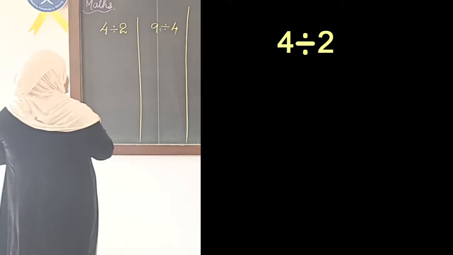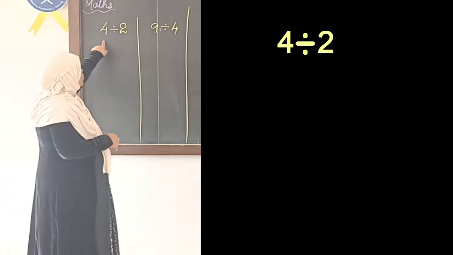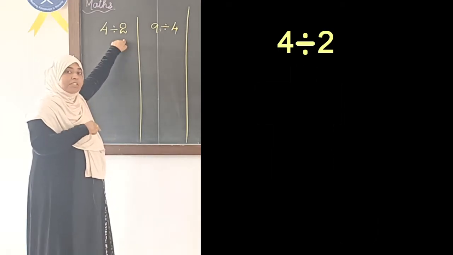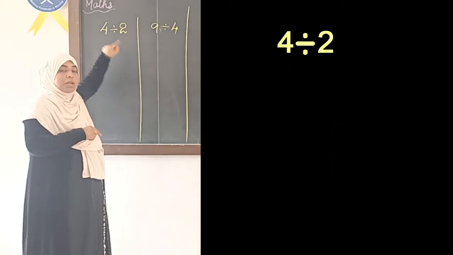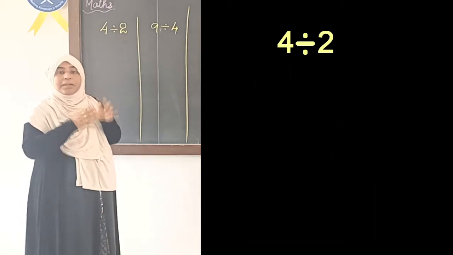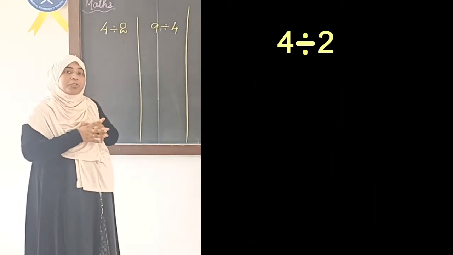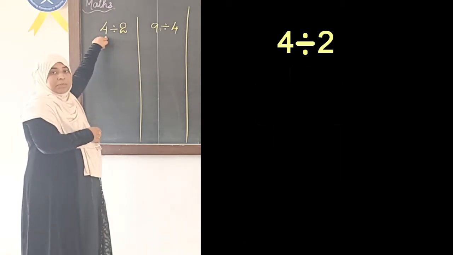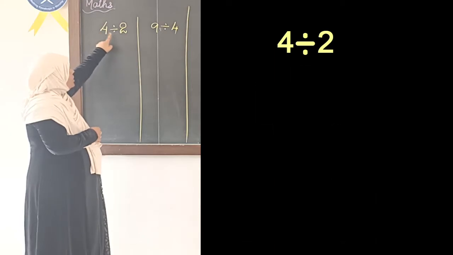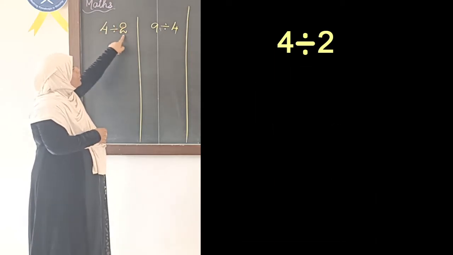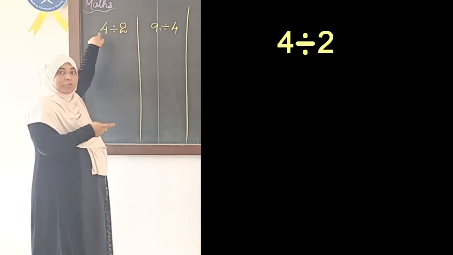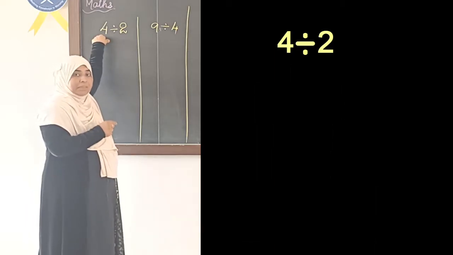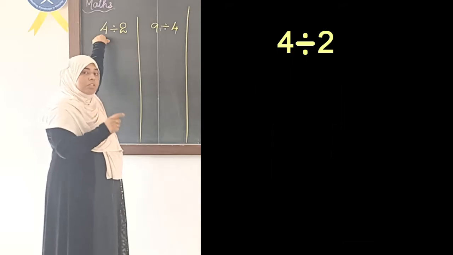Now the first example that I have here is 4 divided by 2. If you remember, in our previous video, we were doing this division by using the multiplication table, and there we used to find where we get the dividend, or this number, right? Now 4 divided by 2, we had to look into the table of 2 and find where we get 4, isn't it? Then we were writing the answer. Now the same thing we are going to do in the long division method.